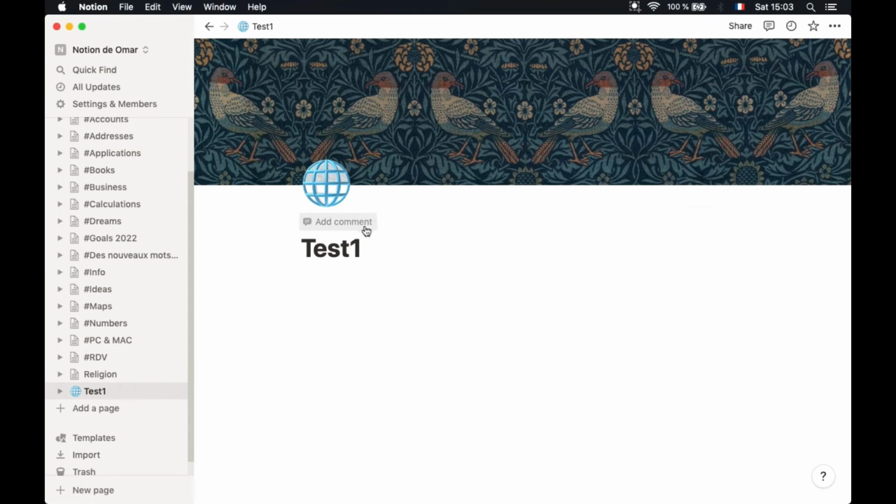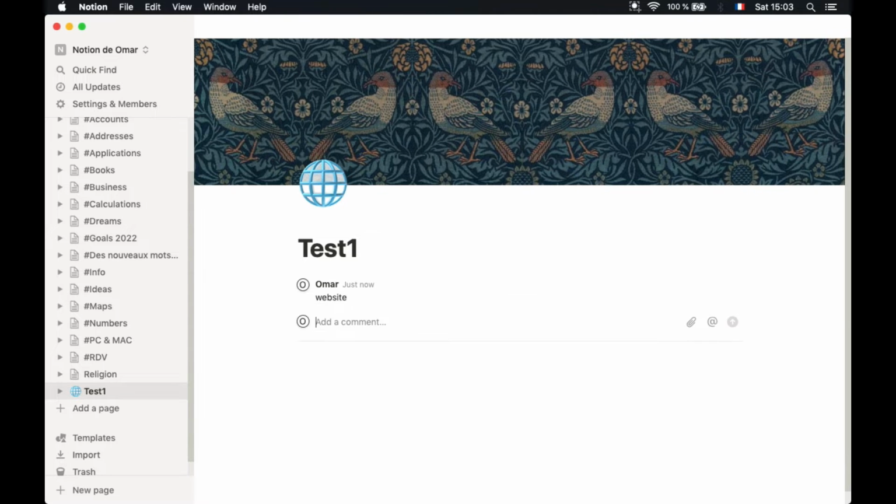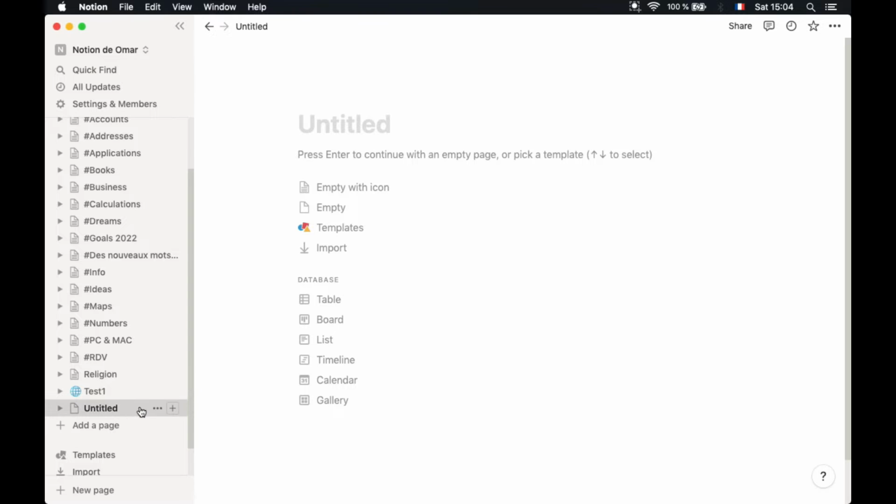Then you can even add a comment. For example, I want to comment this is a page testing a website. So it will be already noted, and once I enter the page, I know what it is about. So this is so easy, so simple. Let me show you another thing that can be added. For example, this is a page like test 2,